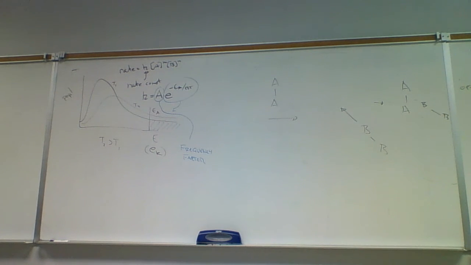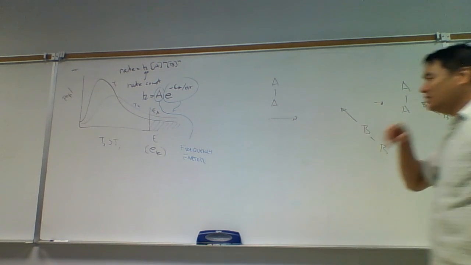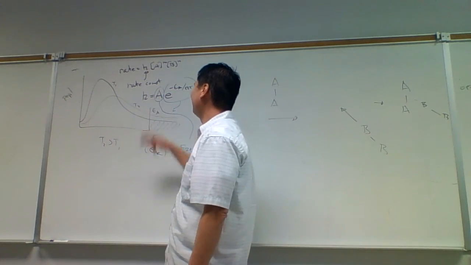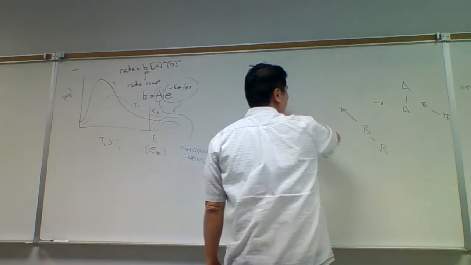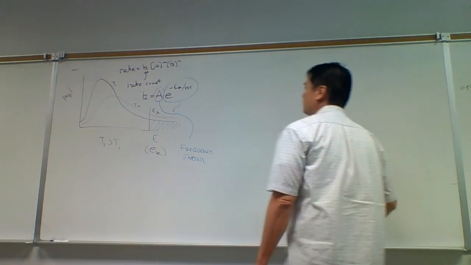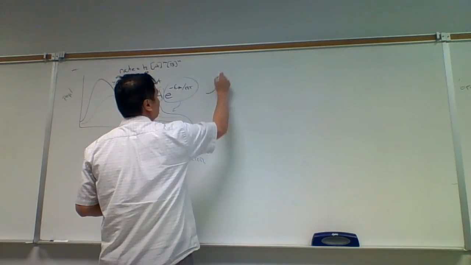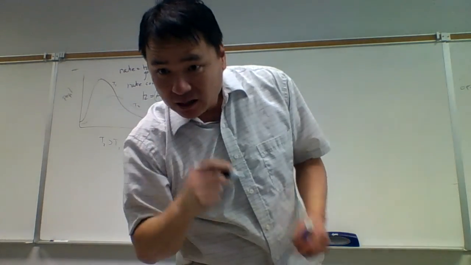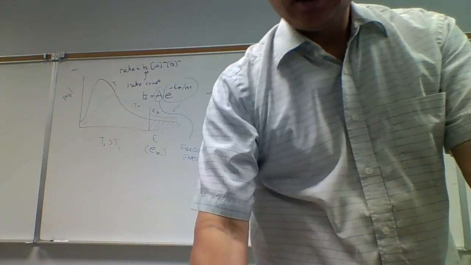Now let's take a look at the temperature. How does temperature influence this? We could use this equation as is, but how do we get the numbers like A? How do we determine that? Let's look at doing calculations with this. Actually, do we have time? We don't have time, so I'm out of time here. We'll look at